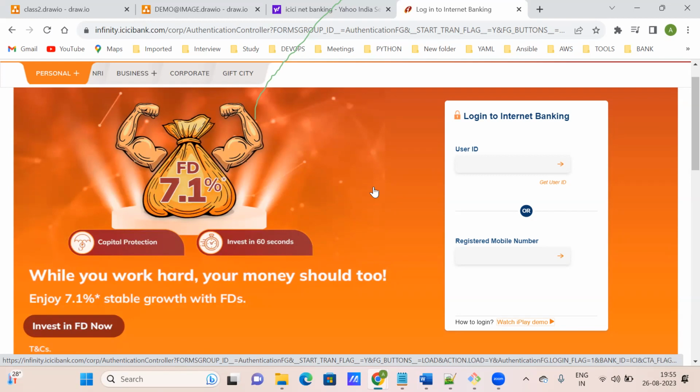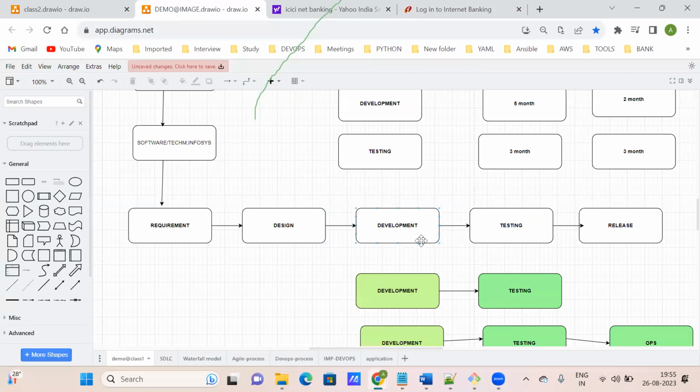Or maybe they have two teams. One team implements new features, and parallelly some bug fixing development people fix the bugs. Because of this, when we are going through the development phase, people are testing parallelly, and within these 5 months your development and testing phase is going to complete.